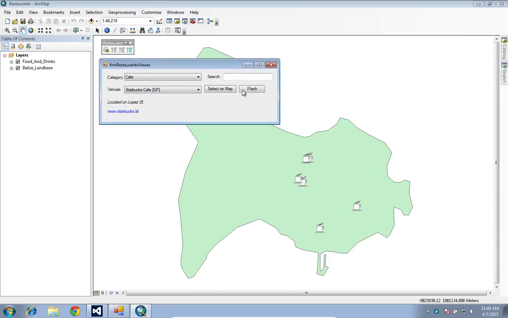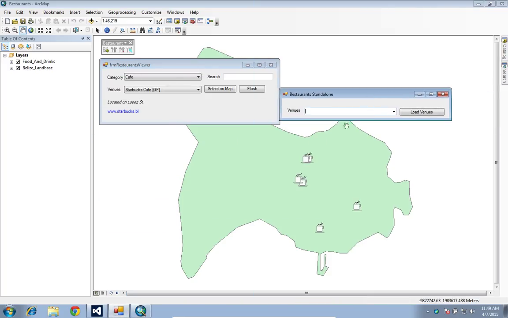What if you want this functionality in a standalone application? Imagine you don't want to install ArcMap on a particular server or desktop machine, but you want that user to experience some of the functionalities that you have coded here, without ArcMap. That's one case. Another case: imagine a mobile application, an iPhone or Android application. You want the code that you have written here to be executed and reused, that's the right word, reused